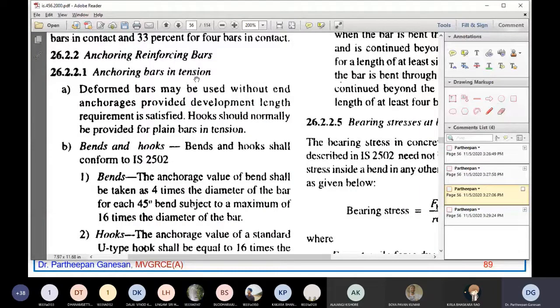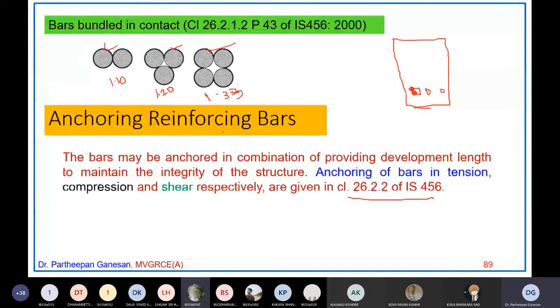Sir, if these bundled bars are kept that way, then will we lose the bond between concrete and bars by keeping the bundles? Yes, but only at this junction you will lose it, and you will have concrete everywhere else. There are some conditions, and normally you don't go for it; only in rare situations you will. It's a very good question. Obviously bond will be lost, but all these bars will be tied together by external steel wires.